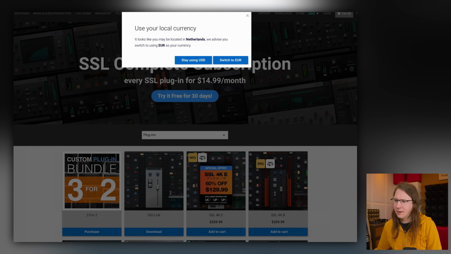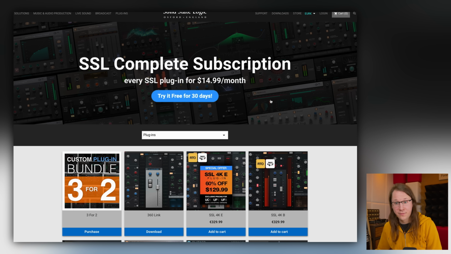I don't know. It's great that SSL is doing this. Definitely when you have the subscription, the more complete a subscription is, the better, because then you only need one subscription instead of needing 5. So it's great that they're doing this, but I do think that either they should think about controller mapping more,